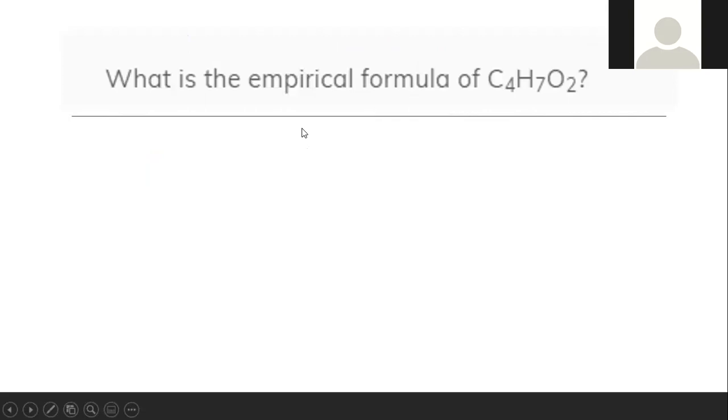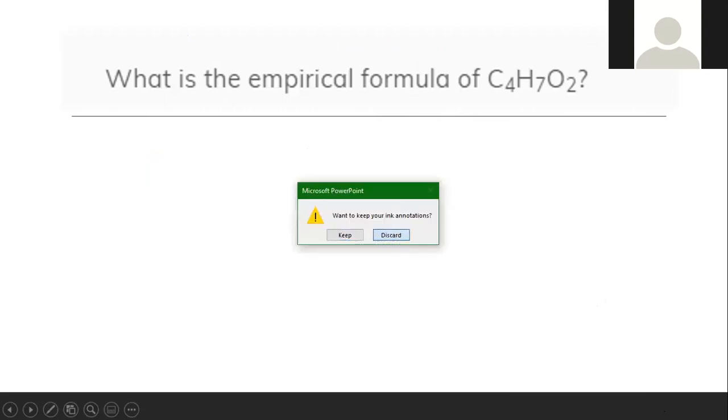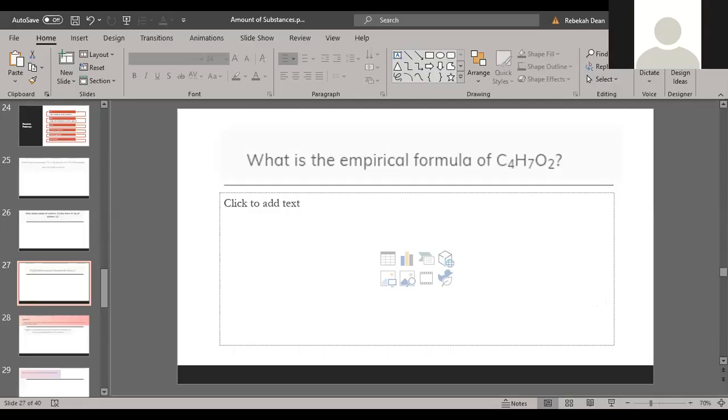Empirical formula now. So what is the empirical formula of C4H7O2? So this is our molecular formula. Remembering empirical formula is the